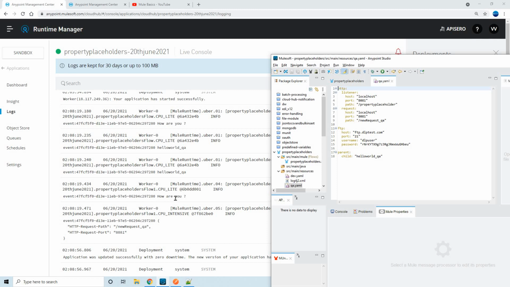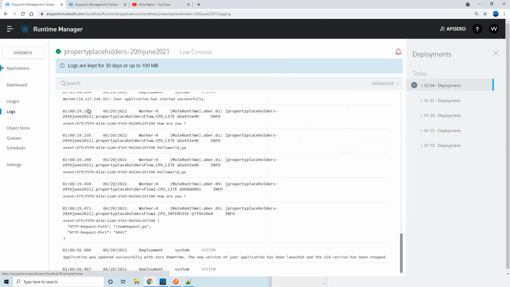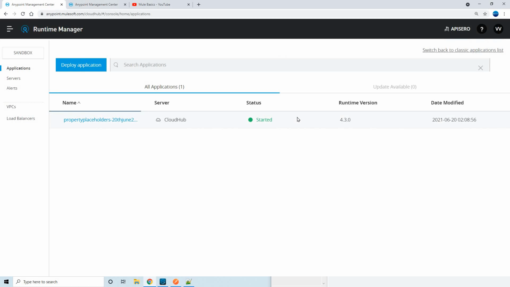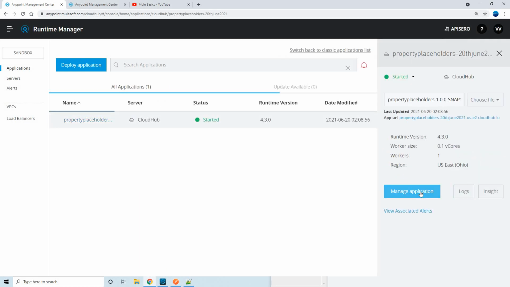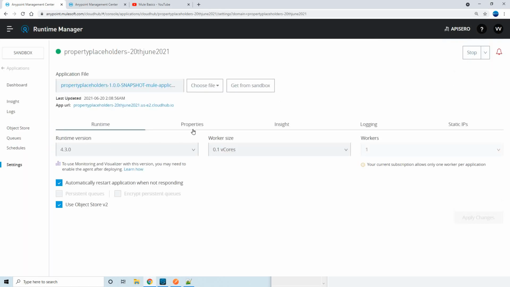And here this is the payload from the second flow. And you see the HTTP request path is new request underscore QA, and port is 8081. So this is how you can update the properties configuration on this particular application.